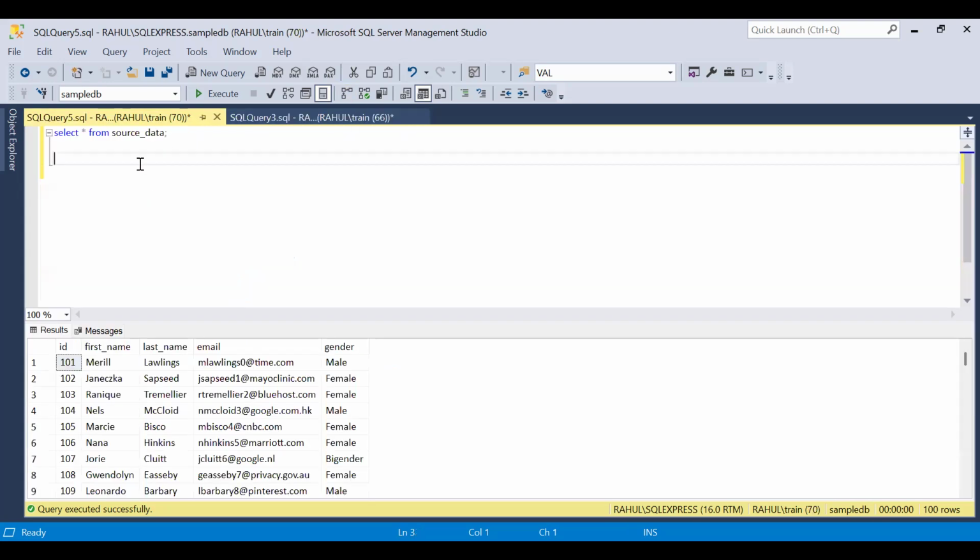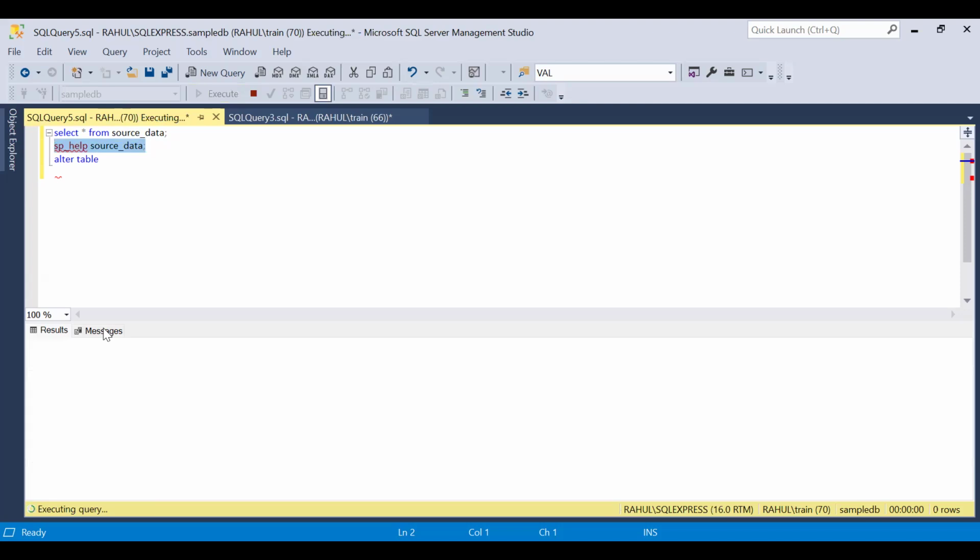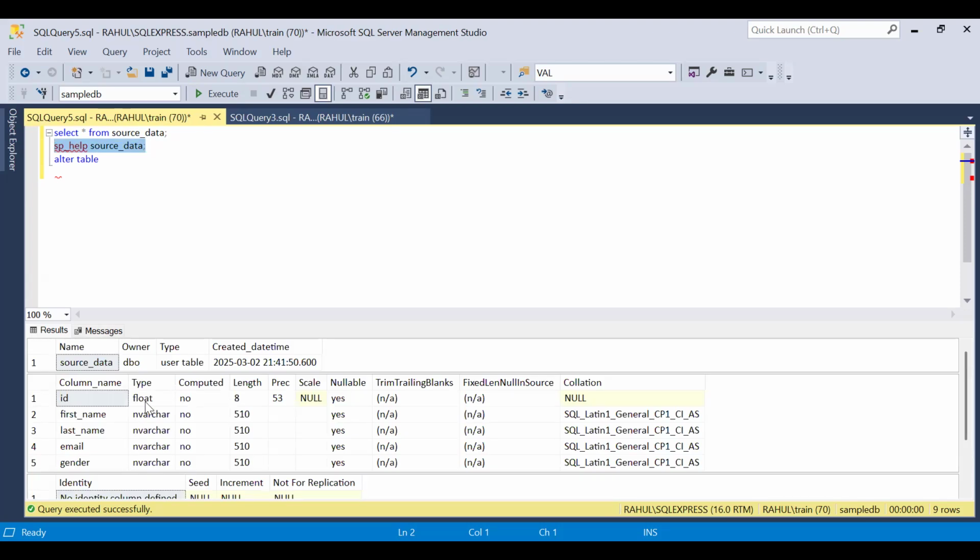So what I am doing here, I am going to alter table source data. In source data, this is the float value. That's why it is coming that. So I'm going to change this float to integer, or leave it as it is. I'm going to change